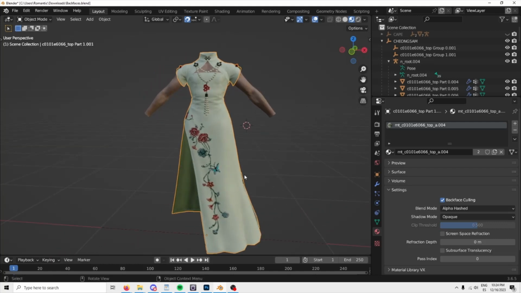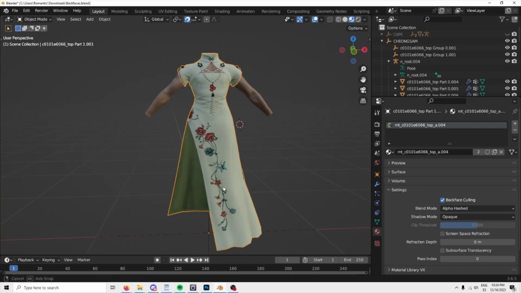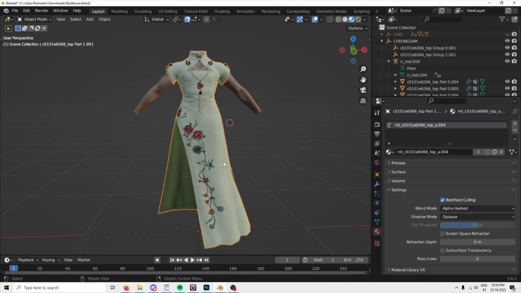But I feel like that could be its own class, so I'm not going to really go into detail with that. I want you to be aware that this type of process, where you basically subdivide things and change from tris to quads to make things a little easier to refit and everything,